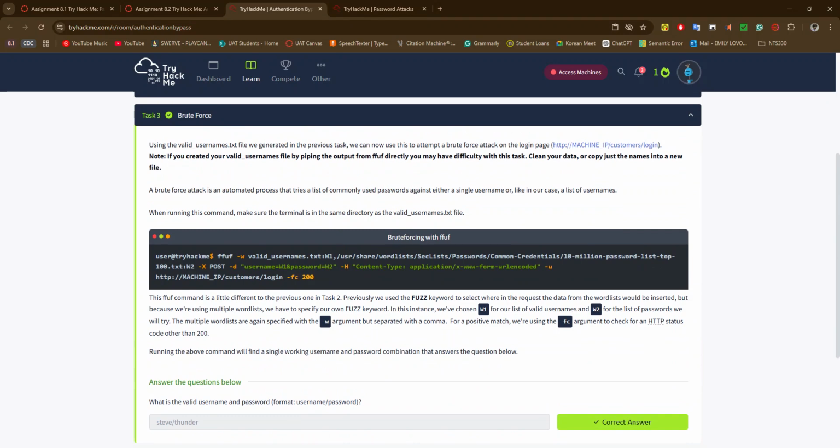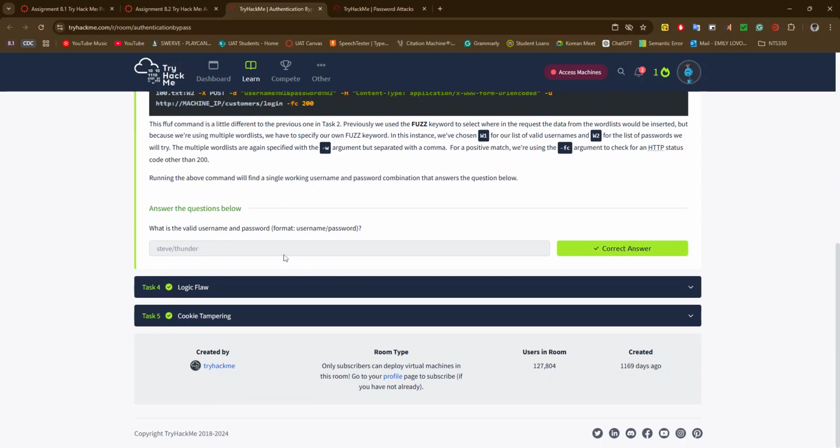So then, the outputs that you get from the other one, you use to generate passwords. You get a valid password for Steve, which is Thunder. Once it's connected, it will automatically give you that, and it was really fast to do. Anyways,